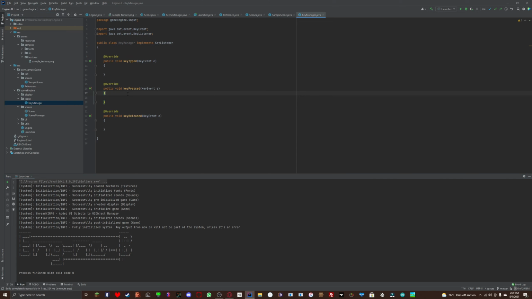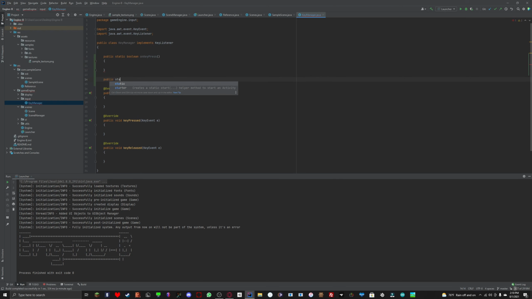So we have key typed, key pressed, key released. I'm going to have to plan this later. I don't think I'm going to be able to do this, but let's start by making some static methods, simply because we're going to want to access the key typed and released on everything. So let's make some public static boolean on key press, public static boolean on key release,